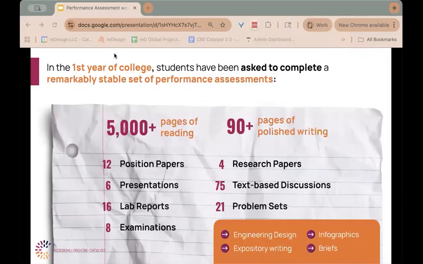We looked at college syllabi across a number of colleges, not enough to say this is a really sound research study, but enough to feel like, okay, we get an idea of this. And what we found is whether you go to MIT or University of Michigan or a small community college in Ohio, it's actually a relatively stable set of things we ask young people to do.